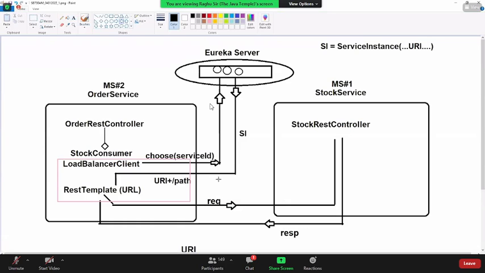So here understand why load balancer client: to get the data like URI from the Eureka server, later we can add the path and make the call.